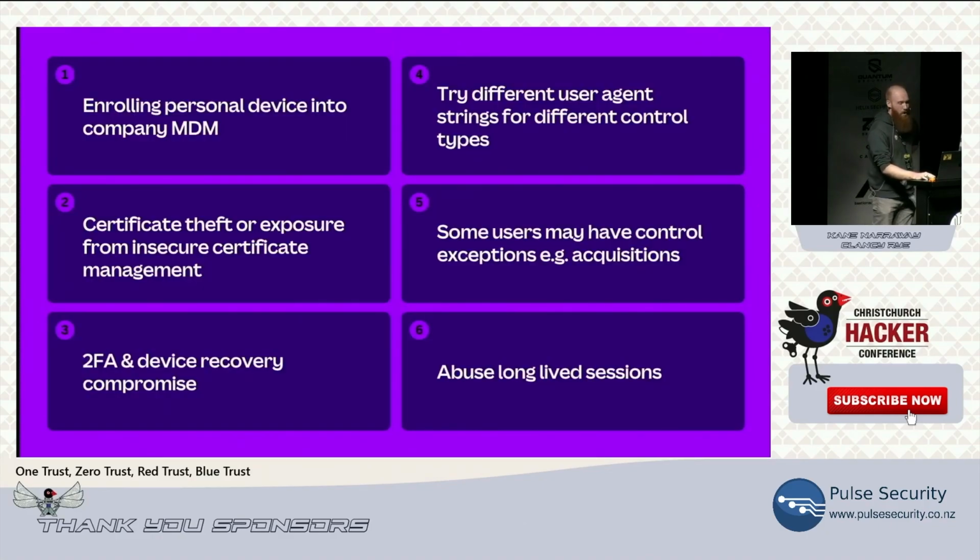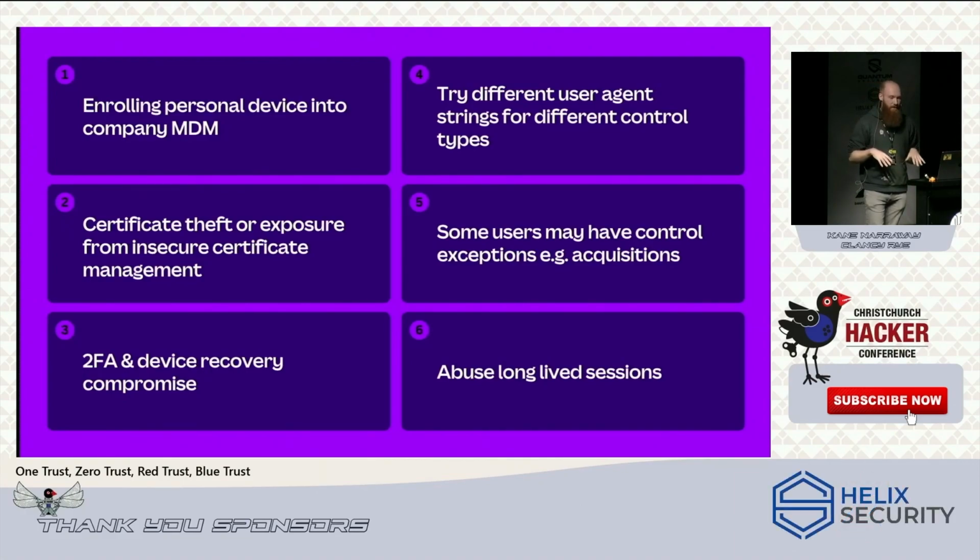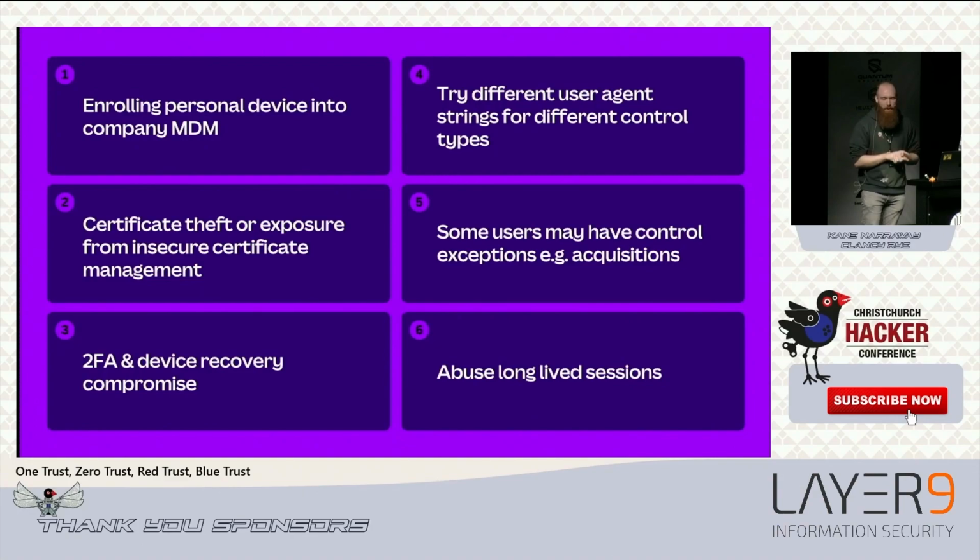And so these are a few common misconfigurations I see, and these can happen all the way through the stack, from initial access to pivots to basically anything. Basically, my advice to any red teamers out there, if you are attacking a zero trust network, is go off the paved path. Like if the company is all Windows all the time, try Macs, try mobile devices, try different user agent strings, that kind of thing.